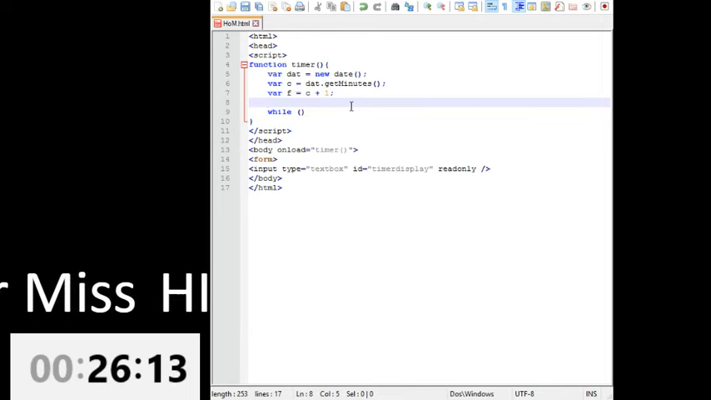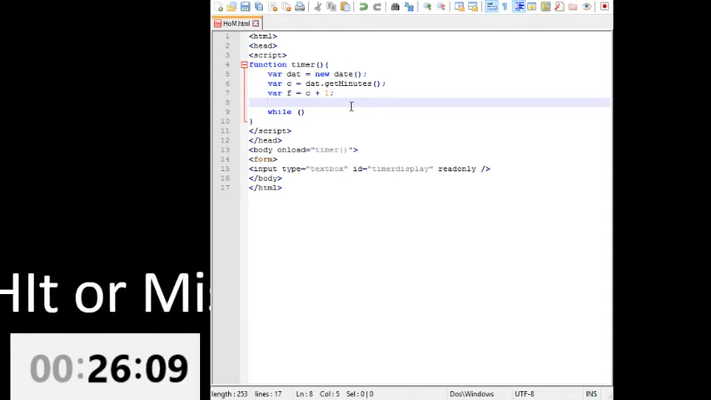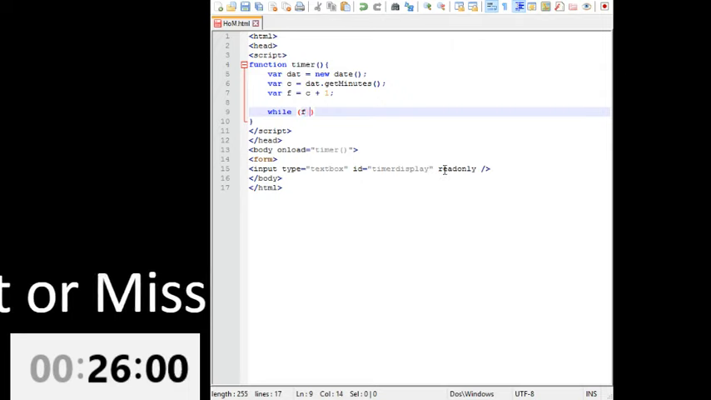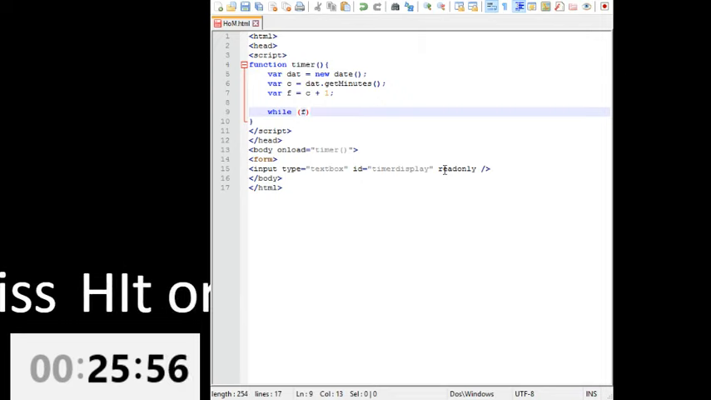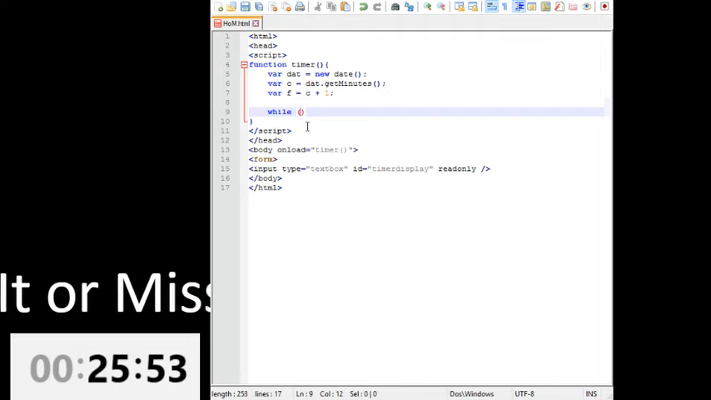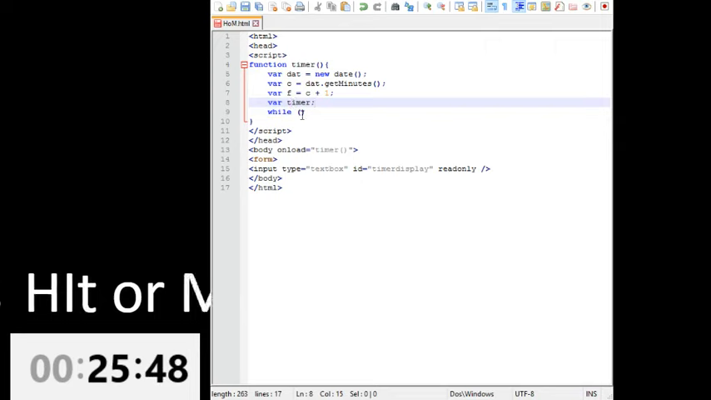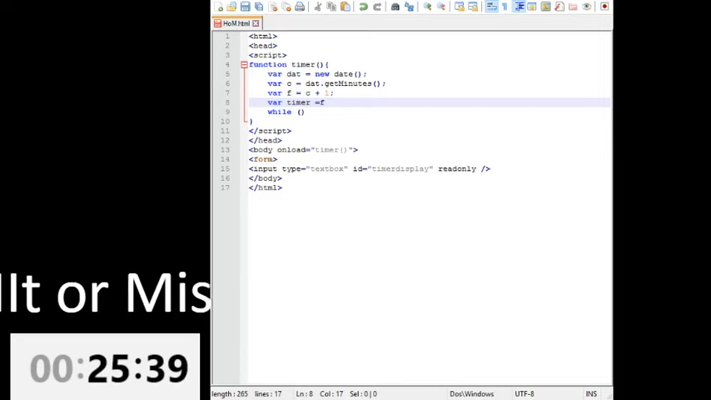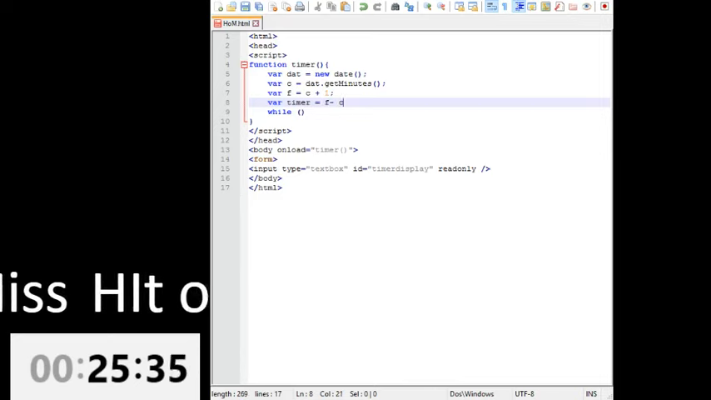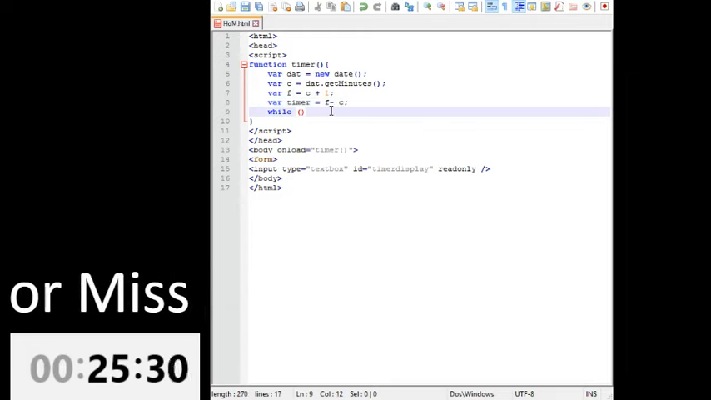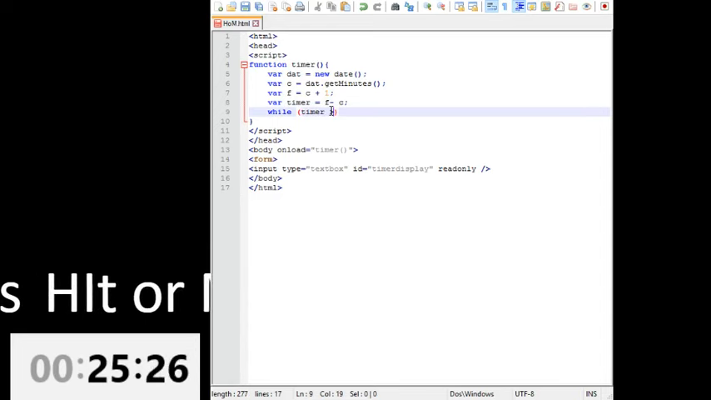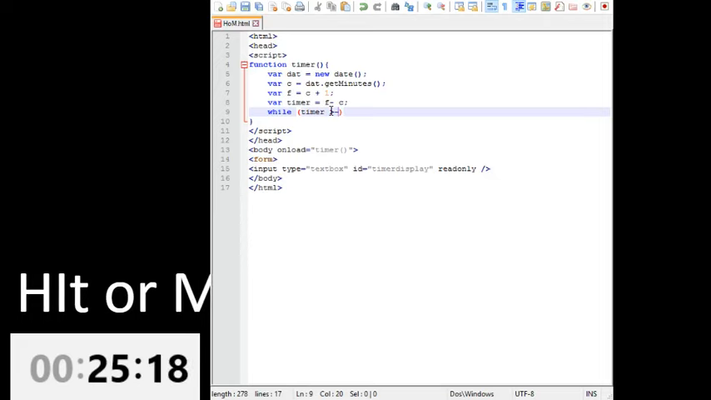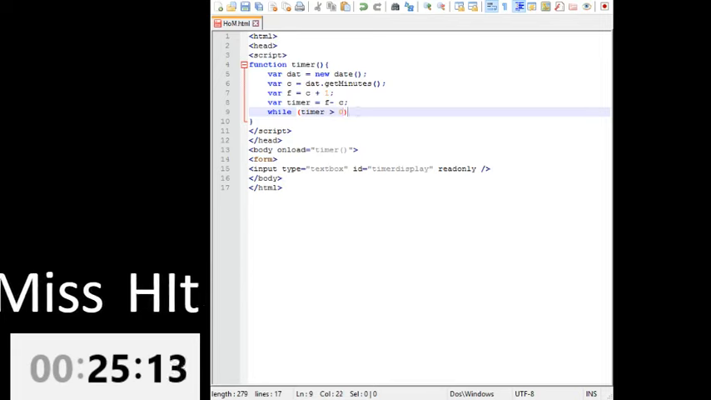Alright, so we have it set, let's say it's 31. It's at 32, it should start again. So I think it goes within the while. Oh, F is greater than 1. Let's make a variable for timer, which will equal F minus C. And while timer is not equals 0, or is greater than 0, then